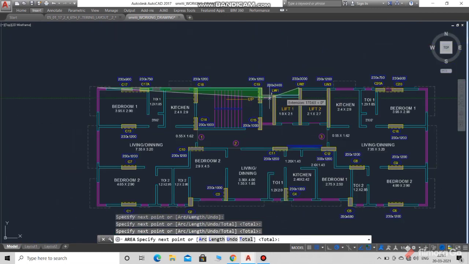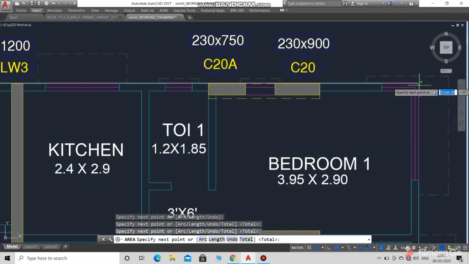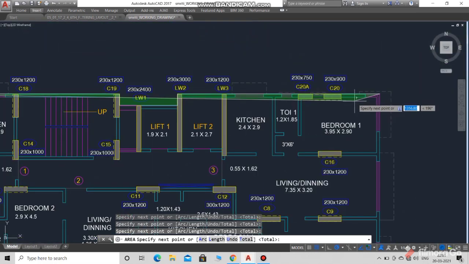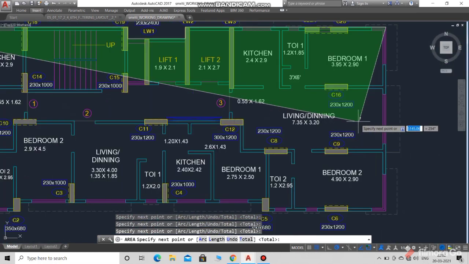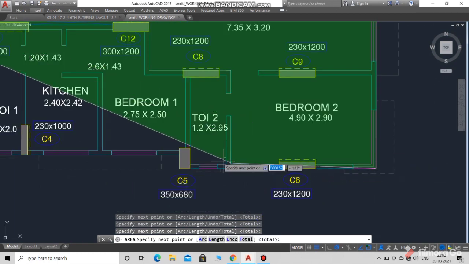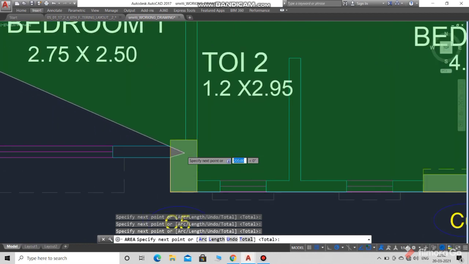Look at the plan, how I am selecting the area by selecting corners of the plot.